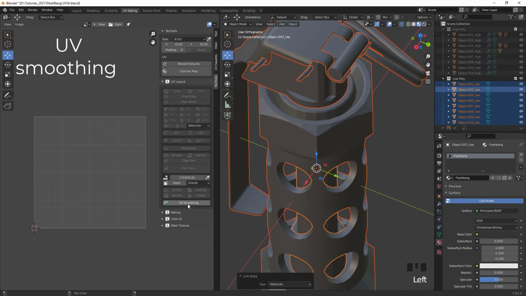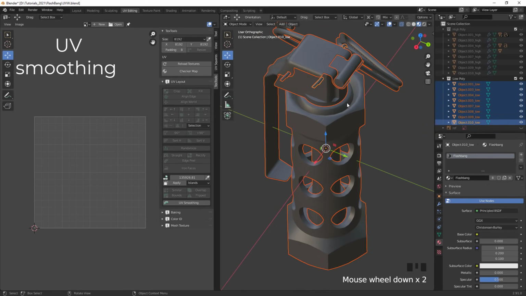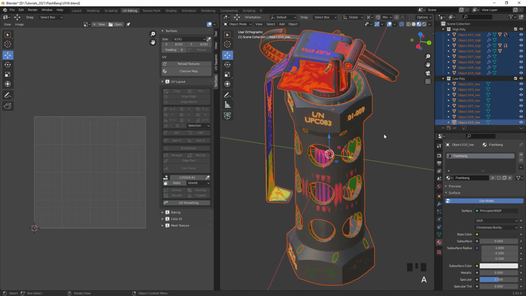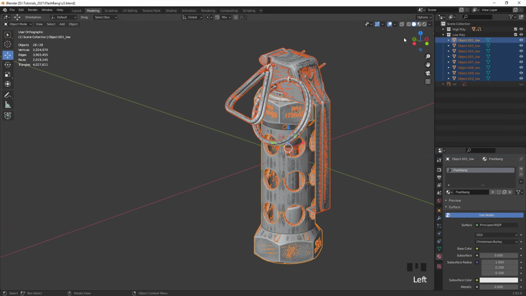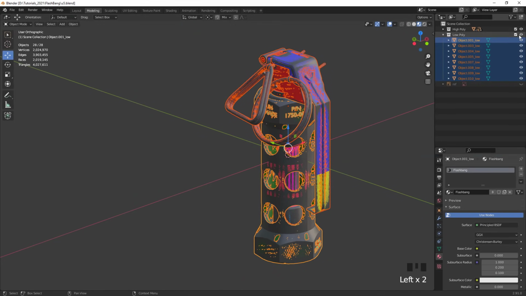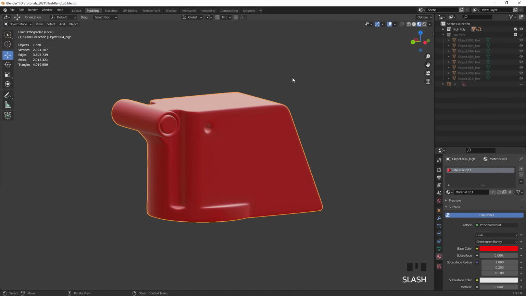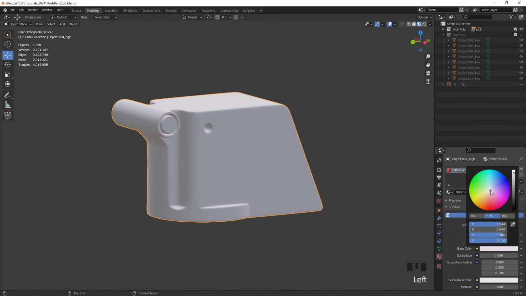Now I'm gonna use TexTools UV smoothing, which assigns smoothing groups based on our UV islands, and that's what we need for the perfect bake. So now we have both our low poly and high poly finished. However, there is 2 more things that I want to do on the high poly. I'm gonna switch to modeling mode, flip to material mode, and now let's hide the low poly. And let's take that into isolation mode here,